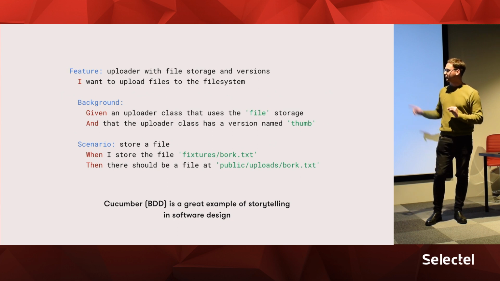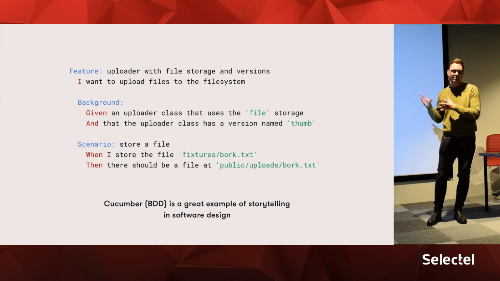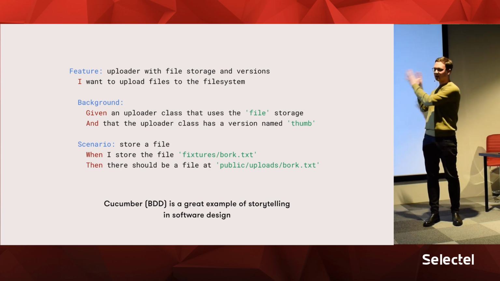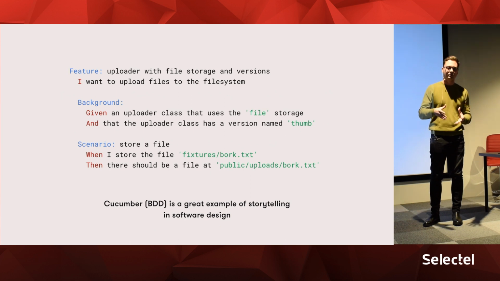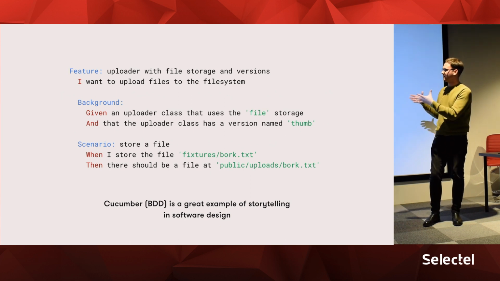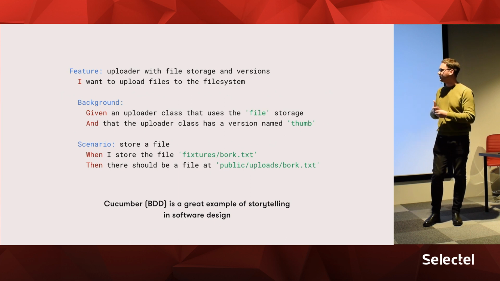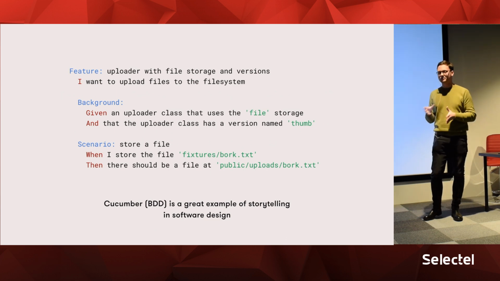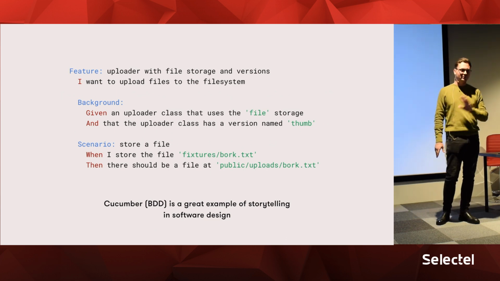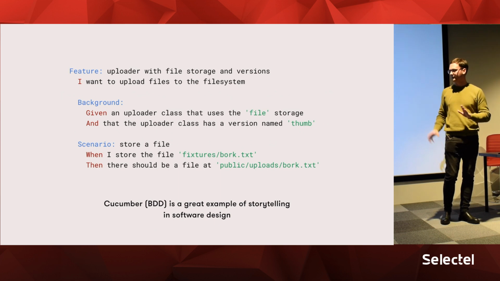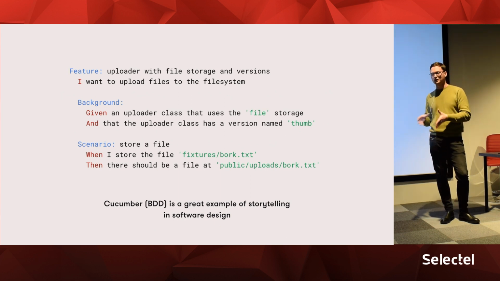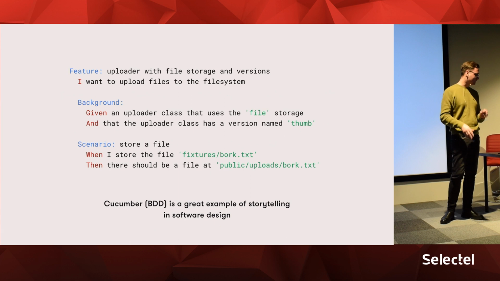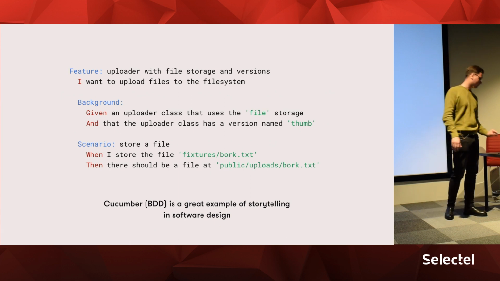So this is the Cucumber specification. This is actually a real test file. So you can take this txt file, load it into the spec runner, and you'll have specs. So these are real specifications that run on continuous integration. And I feel like this is a great example because it reads as natural text. Well, some people believe it's not. Well, I'm not saying that you always should use it. I mean, this tool only works better when you have specific conditions, right? But still, I feel like this is a good example of storytelling.